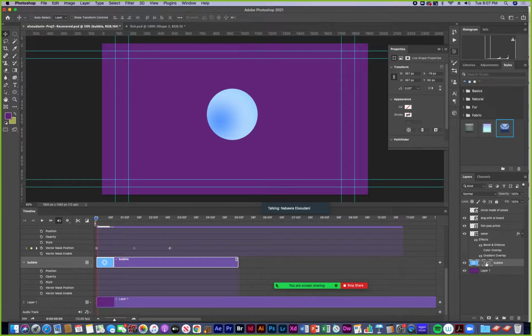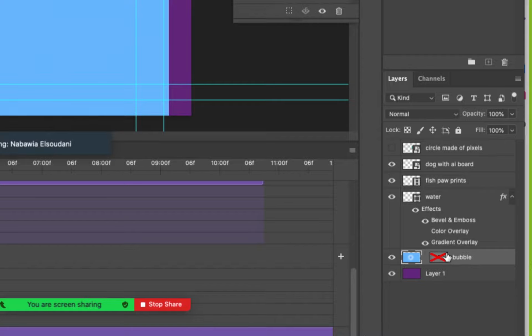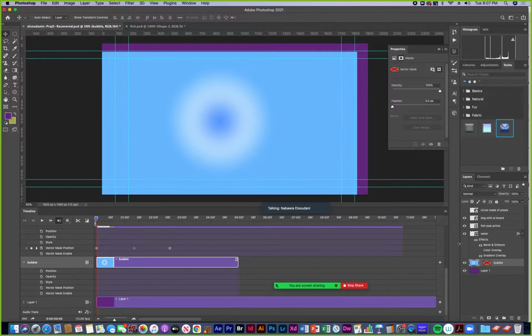Let me see, if I shift click the mask thumbnail, I can disable the mask, and then I can try some different ideas out with my gradient, like maybe the cylinder gradient.